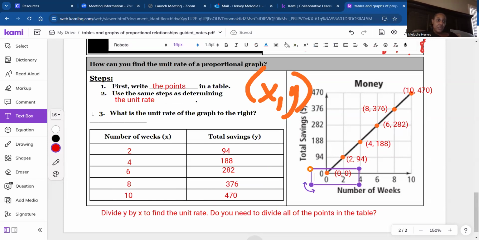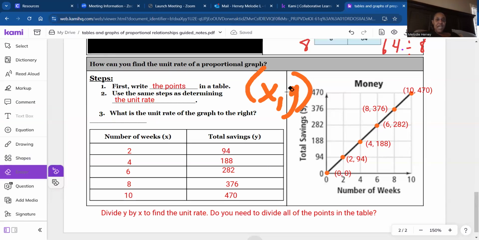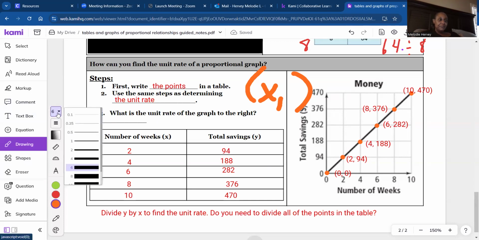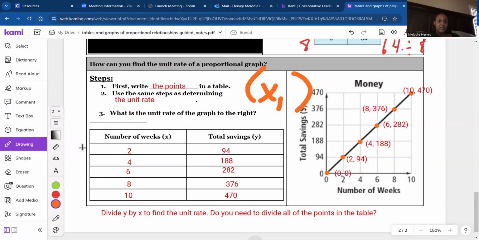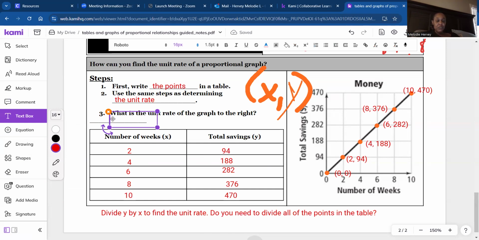Now we got to find a unit rate. What is the unit rate? Miss Herbie, how do we get the unit rate? I don't know. You divide y divided by x. What is y divided by x? So I could pick any one of these. I don't have to do them all. So I'm going to do the one that's easiest for me to do mentally as opposed to having to go get a calculator. So the one I can do mentally is 470 divided by 10